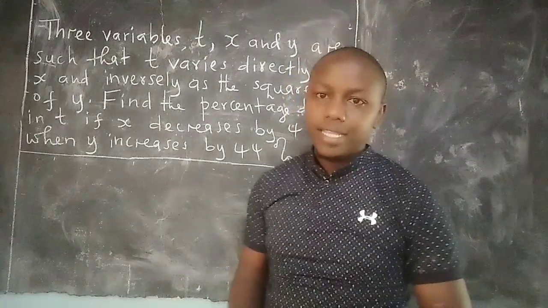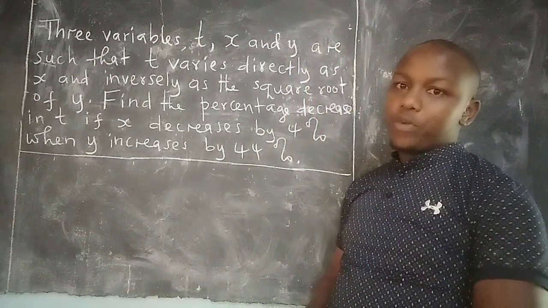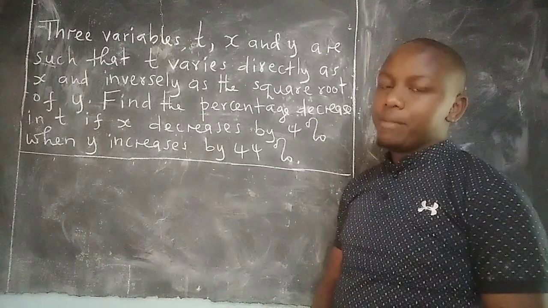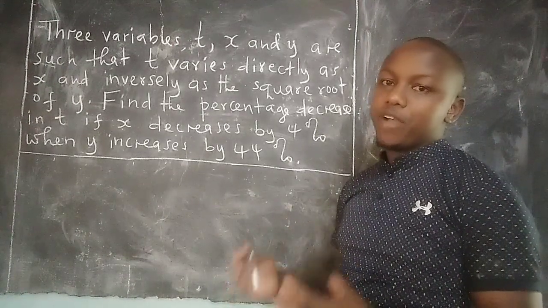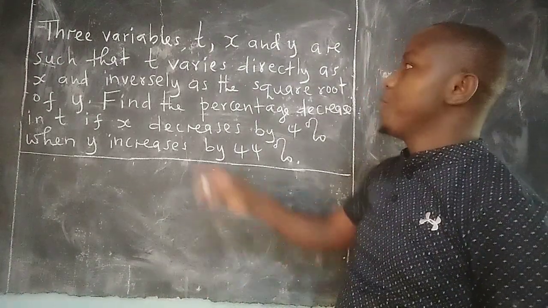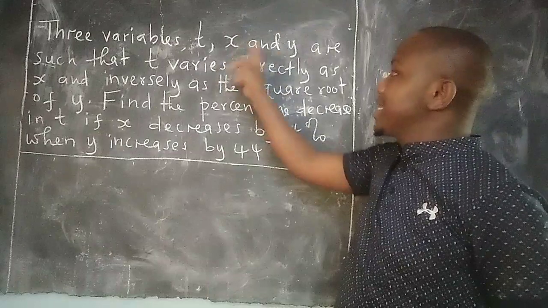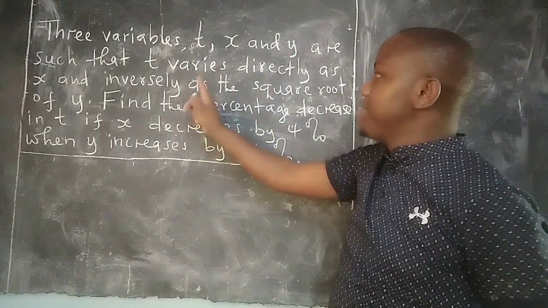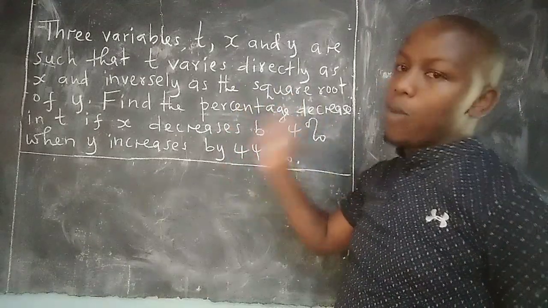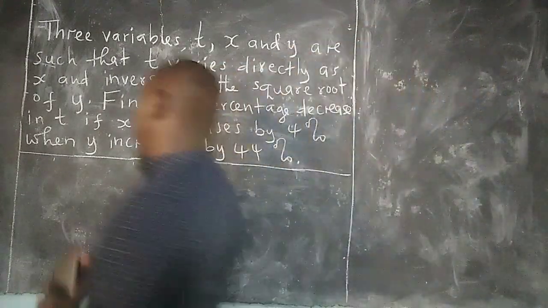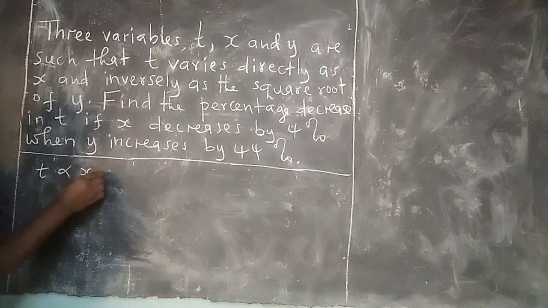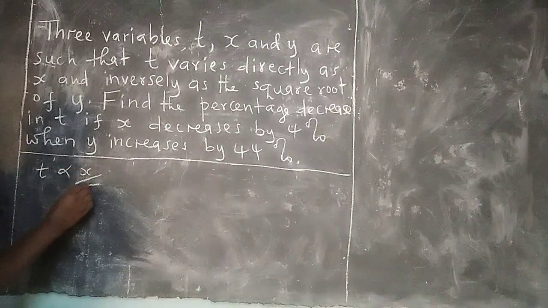We're going to study in this session joint variation, whereby we are going to examine the percentage change in a variable when the other variables relating to it have been altered following given percentages. For example, we are told that three variables t, x, and y are such that t varies directly as x and inversely as the square root of y. Therefore, we can first of all write that t varies directly as x and inversely as the square root of y,